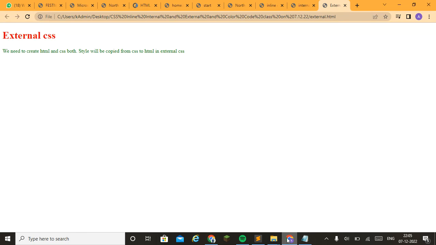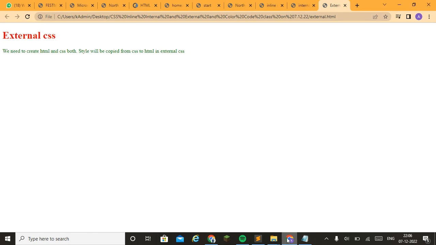Whenever we need to color one single paragraph of HTML, we need not use internal or external. We need to use inline only. If we want to create effect on several tags like heading, paragraph, list and all, then we have to use internal CSS within style tag.